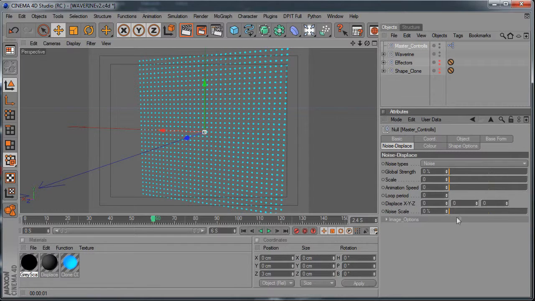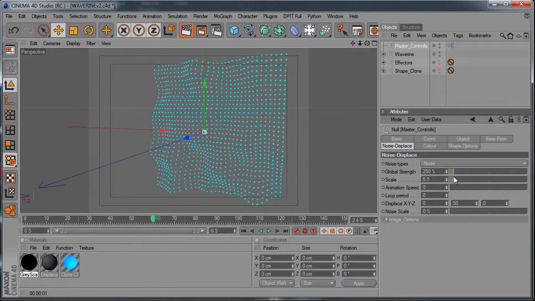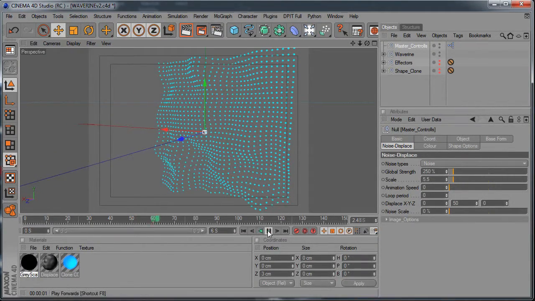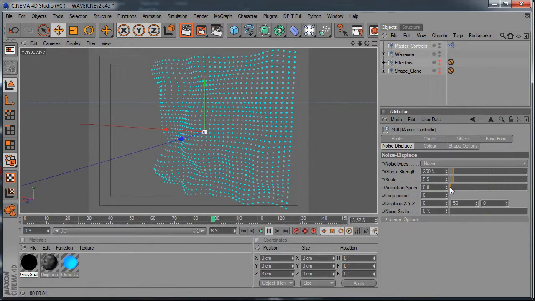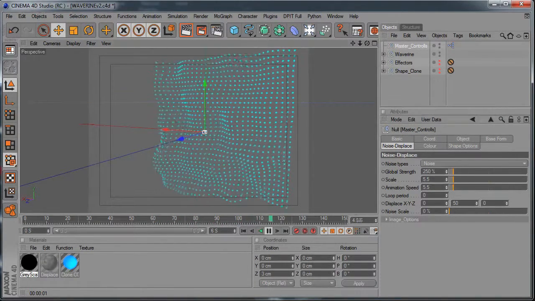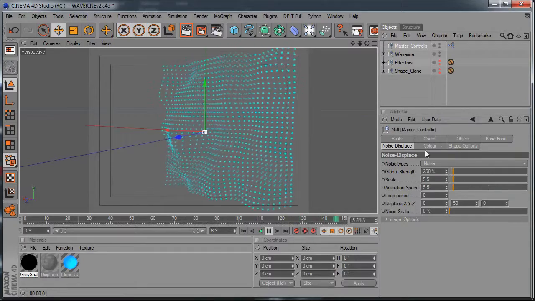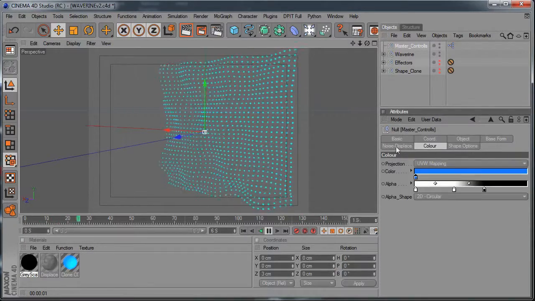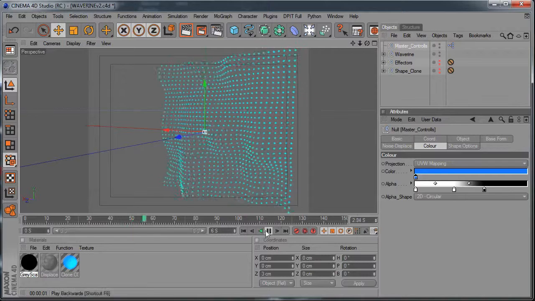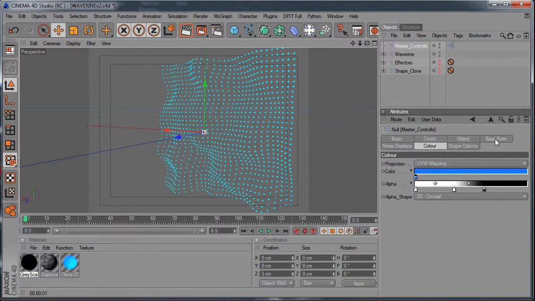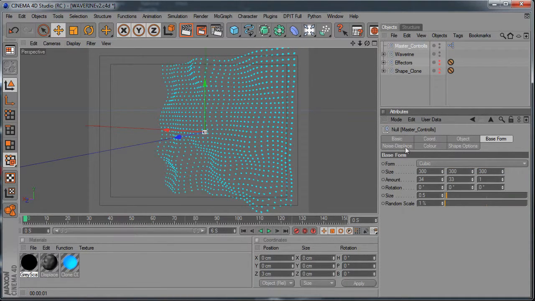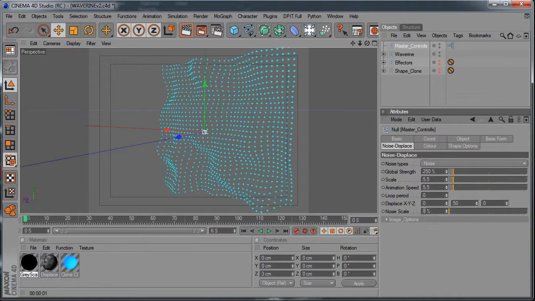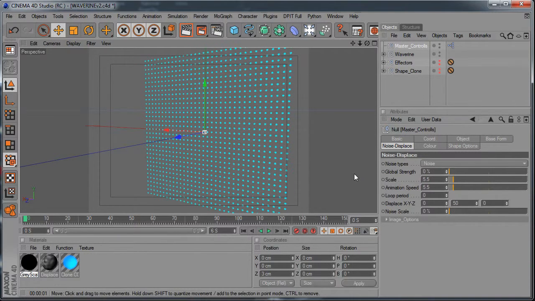And you have your noise displace options again, as before, and they still animate once you put some animation speed in there. Shape and color still the same, but the main new feature is we now can use images. So let's just get all this back to 0